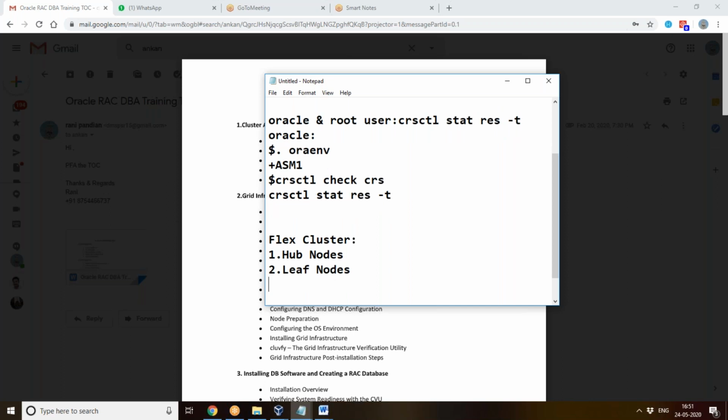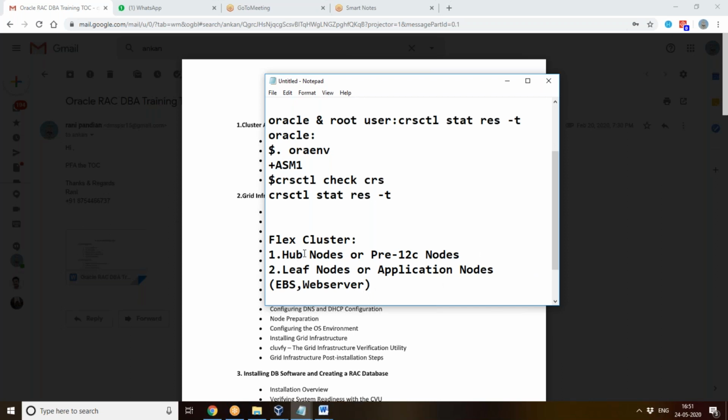So what do you mean by this? Hub nodes means pre-12c-style nodes. As usual, normal standard nodes, we call them hub nodes. For I/O loads we use these hub nodes, and the leaf nodes we also call application nodes, because applications like EBS or web servers can be run on these application nodes.